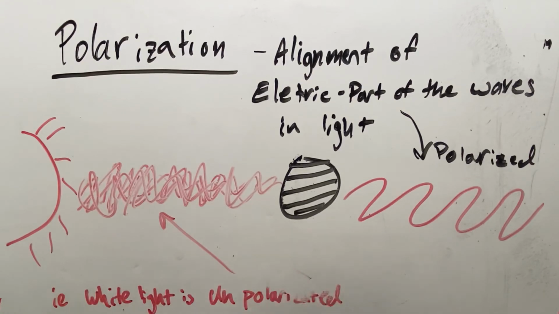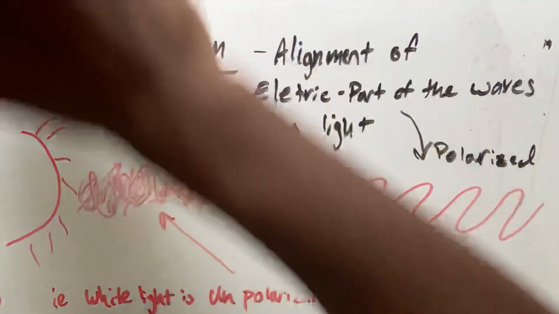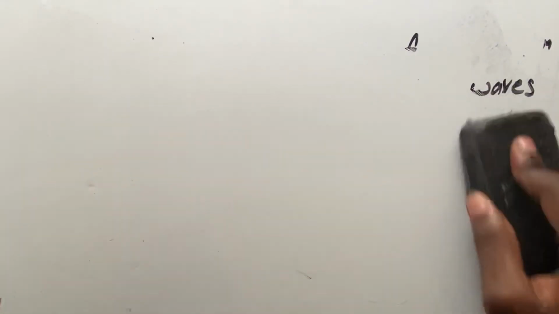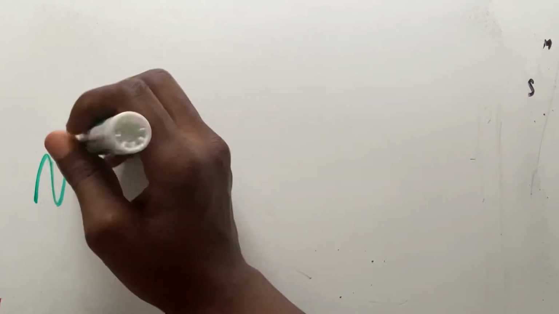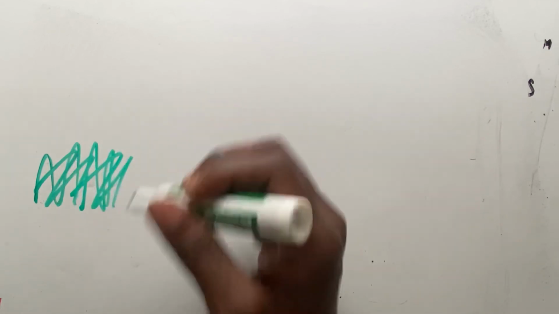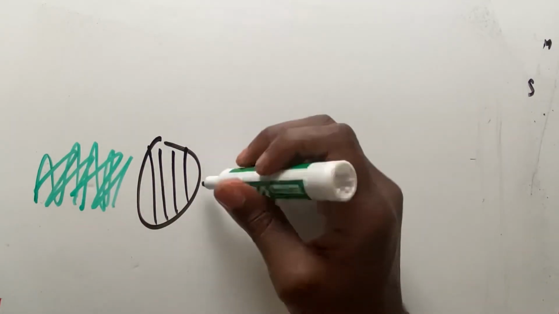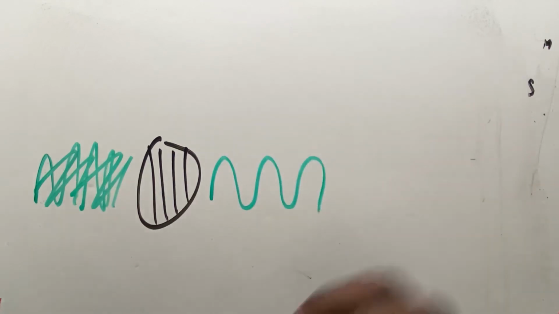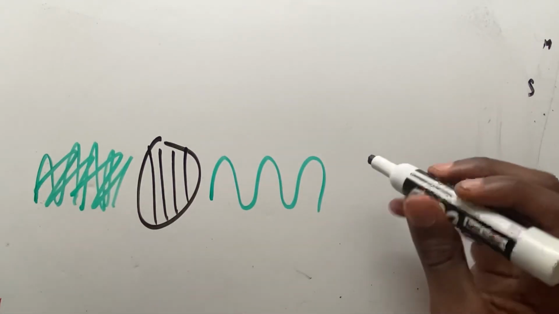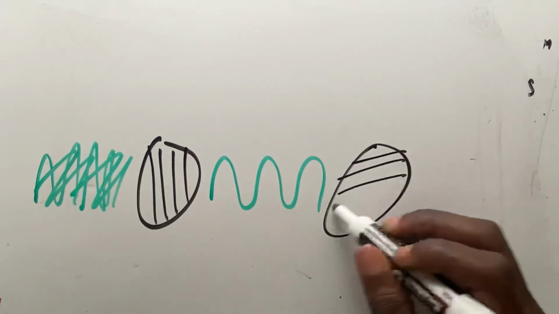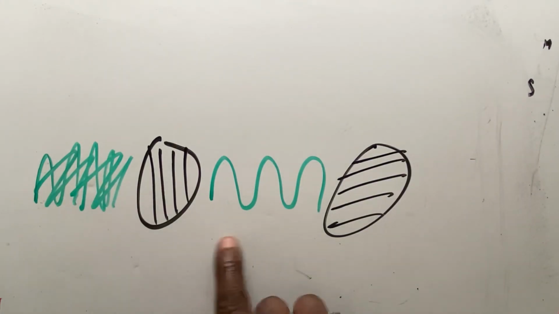Okay, so now let's imagine, keeping that idea of polarization in mind, we have this unpolarized light, right? Unpolarized. Then we put our polarizer here. So now we have polarized light going up and down that comes out. Let's say I put another polarizer here going this way. Now, how much of the light do you think is going to make it through?